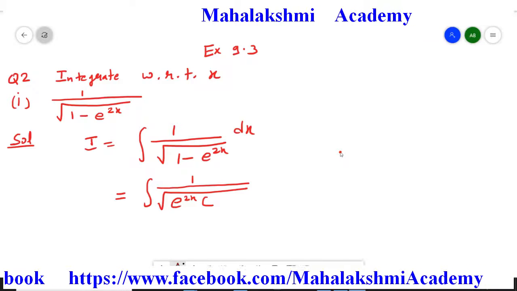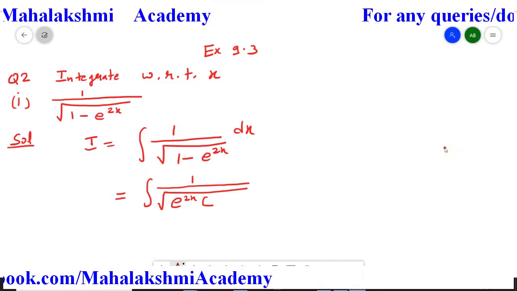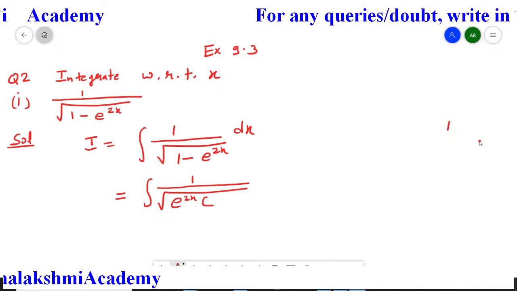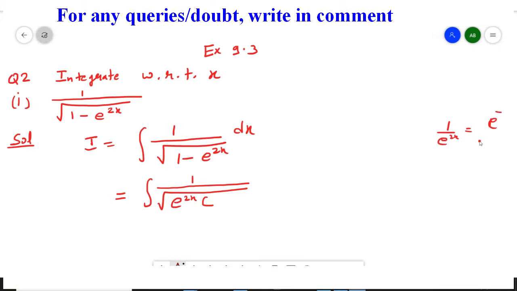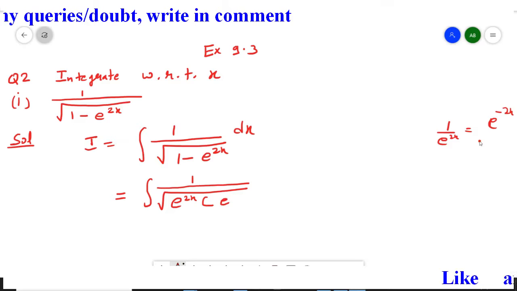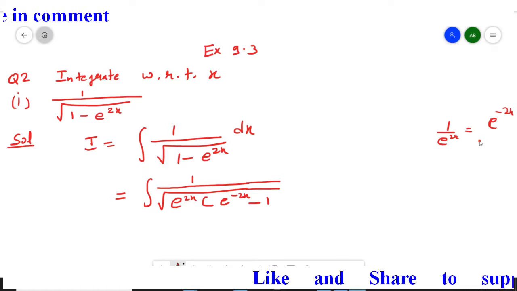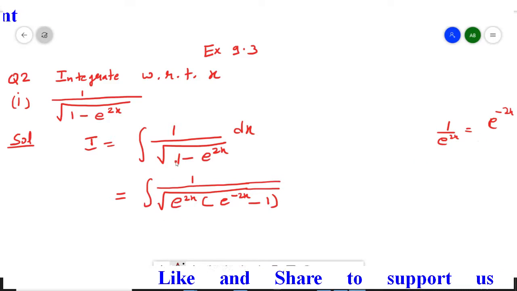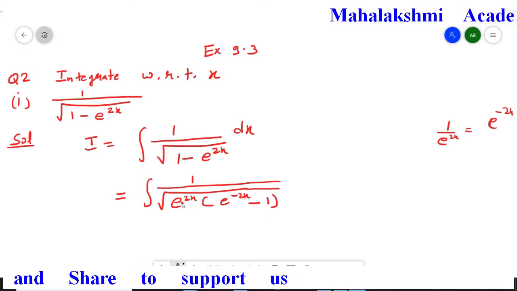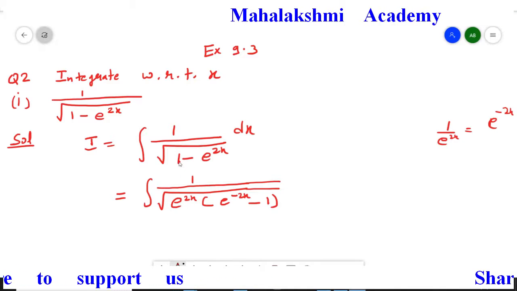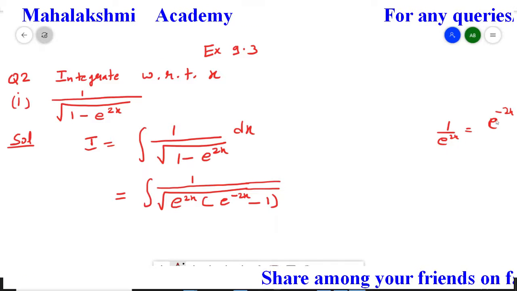When we take it common from both the terms, here you can see it's 1. From 1 if you take common, common means we are dividing. So 1 we will divide by e to the power 2x, so it's going to be e to the power minus 2x, and then here we will get only 1. Once again I am repeating, from this 1 and from this e to the power 2x, I took e to the power 2x outside, that is common. After taking common, we have to divide this 1 by e to the power 2x. When we divide 1 by e to the power 2x, we obtain e to the power minus 2x.